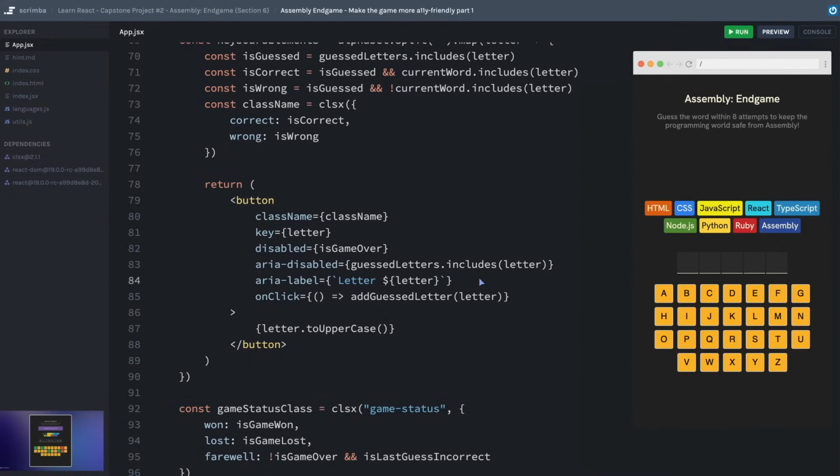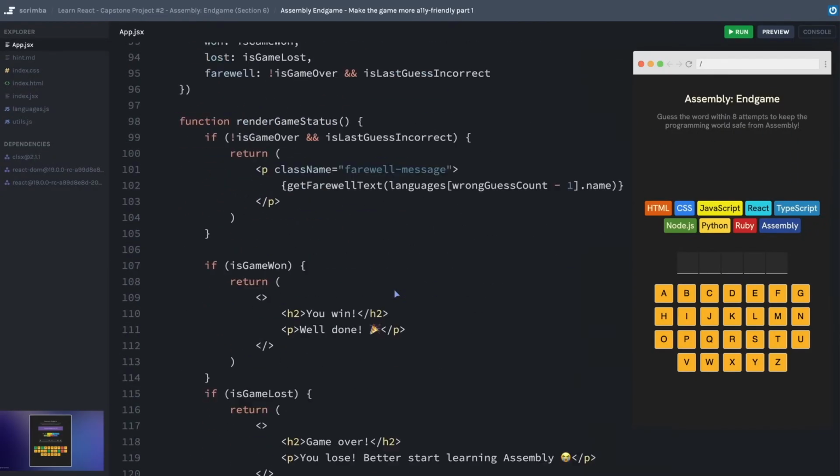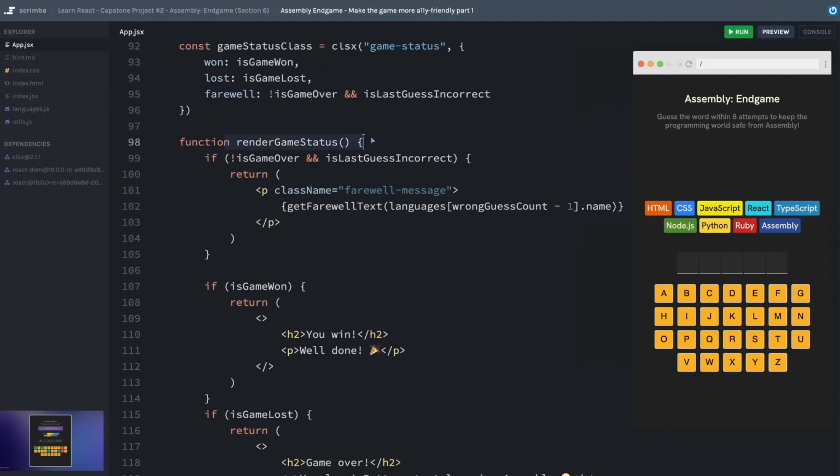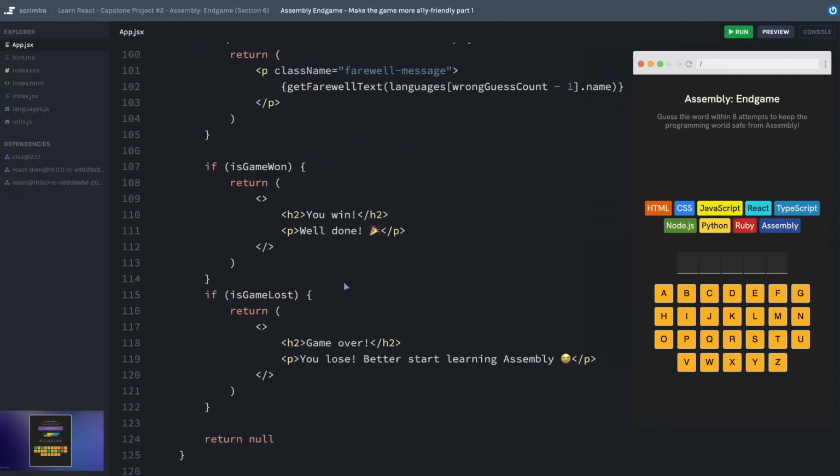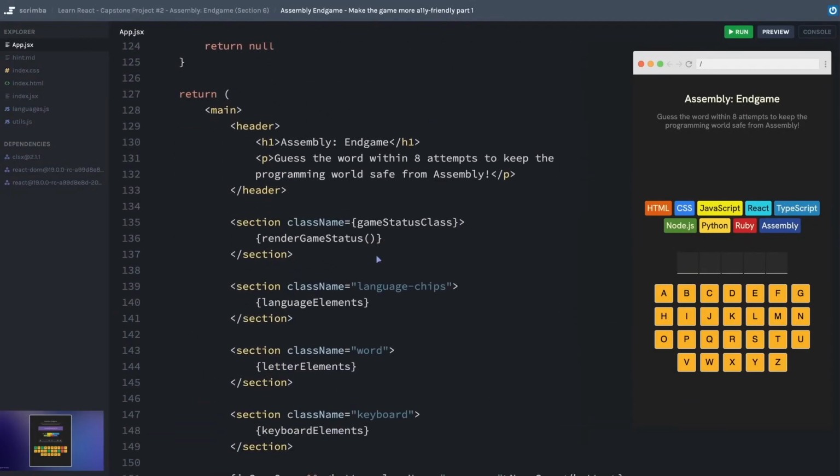We also need to take some time to look at any portions of our site that are being dynamically rendered. Well, one of those is the status message that pops up here. Screen readers are not just going to automatically announce things that get added to the DOM by React, but fortunately there's a way that we can mark certain portions of our app as sections that will be live updated. So we chose to render this with a function, which is right here in render game status. But the parent of these elements is just down here in the markup right here.